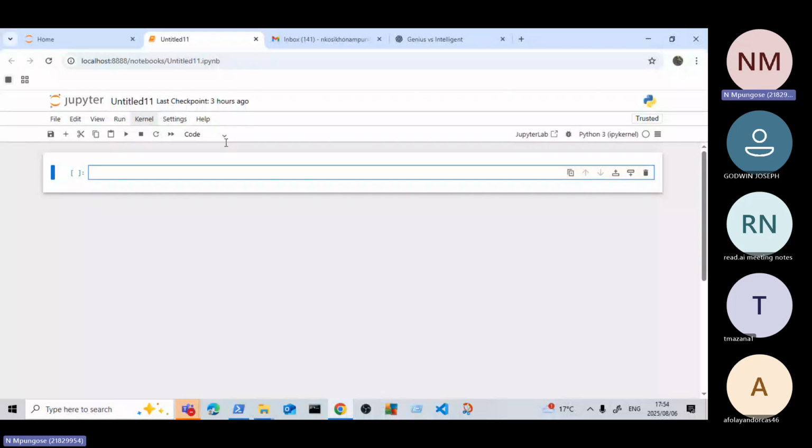What I wanted to emphasize is that, especially with code, there are different kinds of code, like, for example, what Dorcas mentioned.